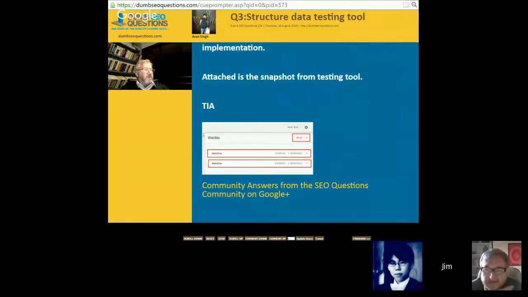So the answer for Aaron, if I can sum up, is there's no danger. Well, there are dangers to your site if there's a discrepancy between the 2. You won't get any advantage from having the 2. So why use the structured data implementation when you've already got Yoast performing the same function? So really, you don't need the second plugin. Does that make sense? I think that's more or less what we said.